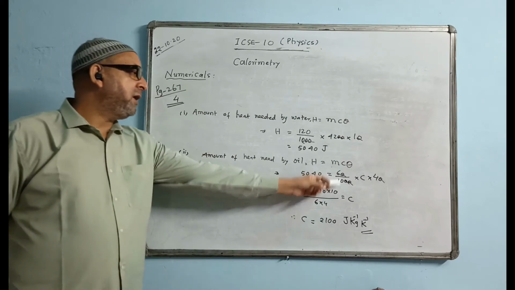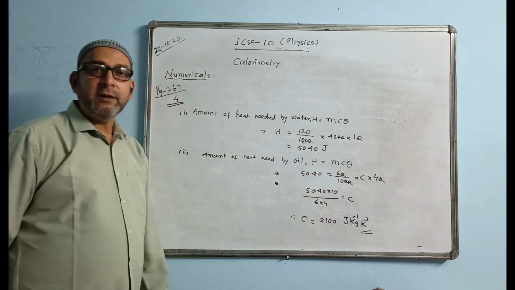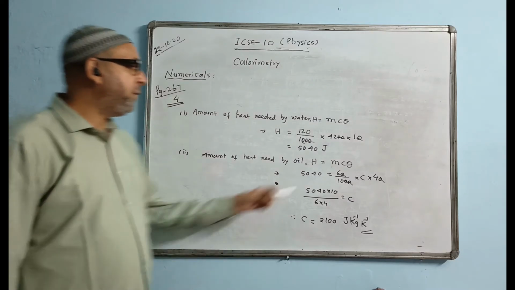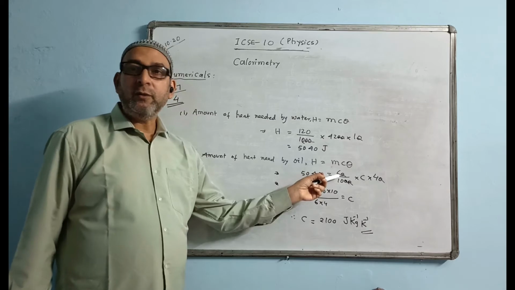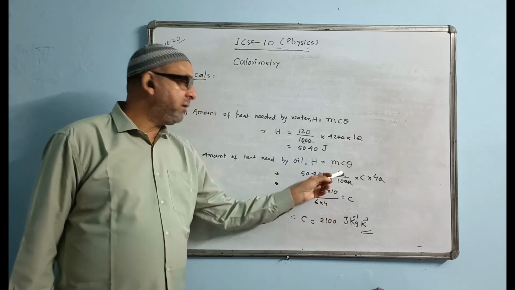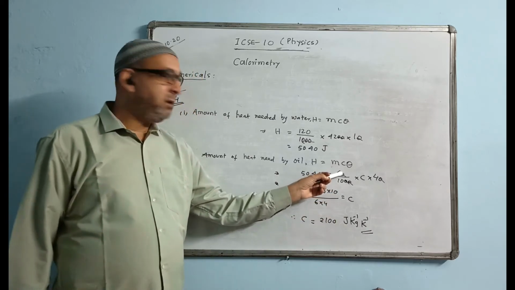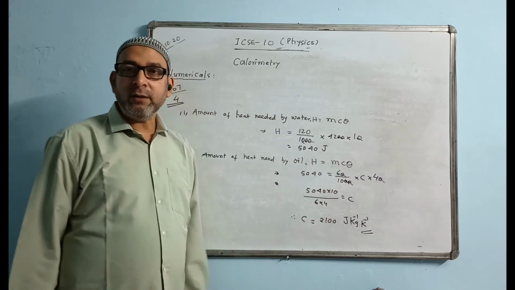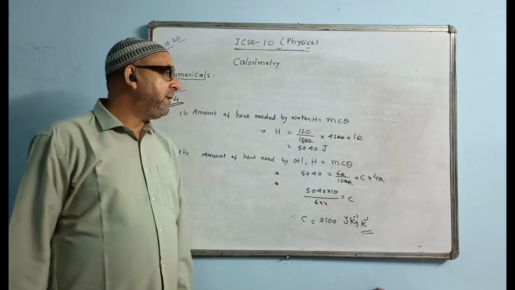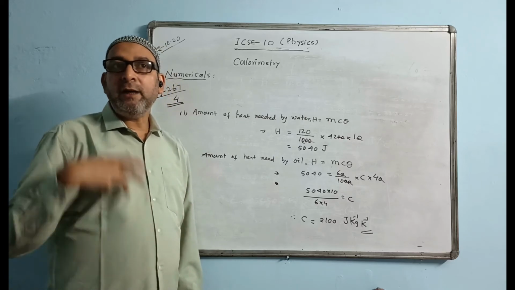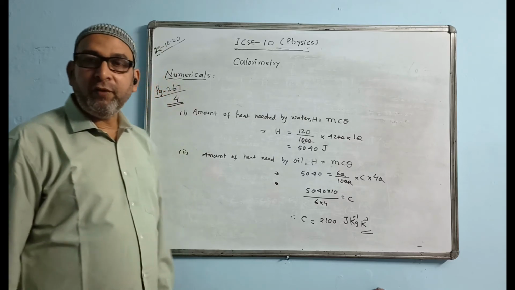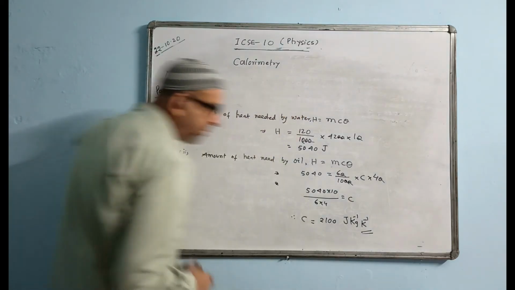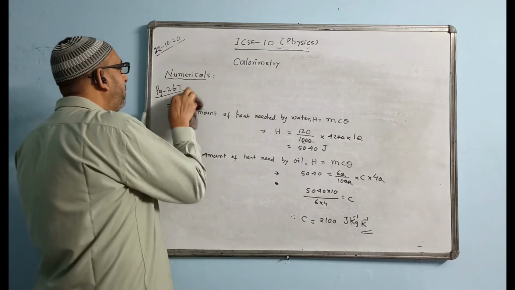I changed this in kg, that's why I am giving the answer in terms of kg. If the question doesn't demand the answer in SI unit, you could keep it in gram also. That time you have to write joule per gram. You can just keep the answer 60 gram only, then the answer we have to write as joule per gram. But we will be changing to SI unit because SI unit is more preferred in writing the answer in ICSE. So this was the solution for question number 4.